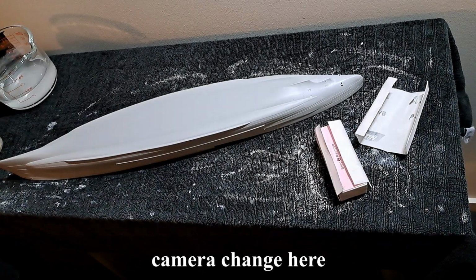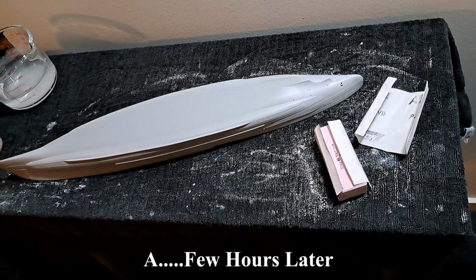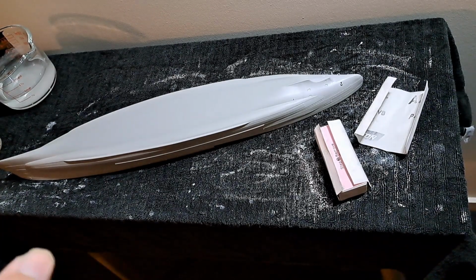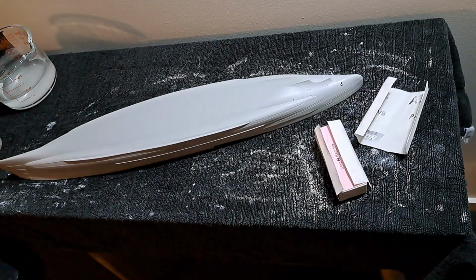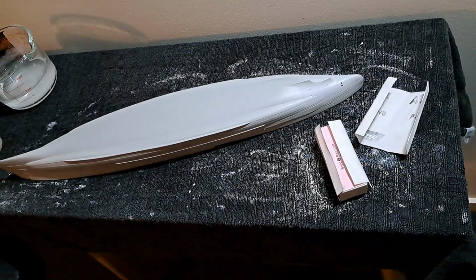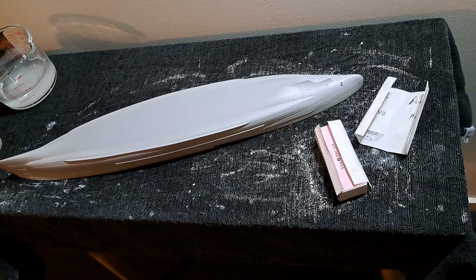Okay, so in the last bit of the video, I paused this and I was rubbing it down to fix up the two dots that I had on there. Let me just tell you, that was probably a big mistake. They gave me more trouble than what it was worth, and to be honest with you, I probably should have just flooded it with a little bit more undercoat and waited a little while and sanded it out, because they really weren't that bad, and the thing was almost perfect. Anyway, I gave myself a whole lot of extra work trying to get rid of those 2 dots,